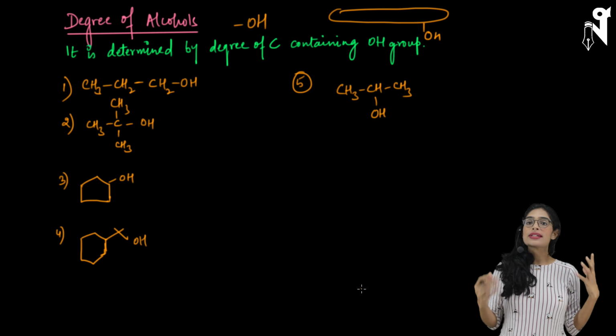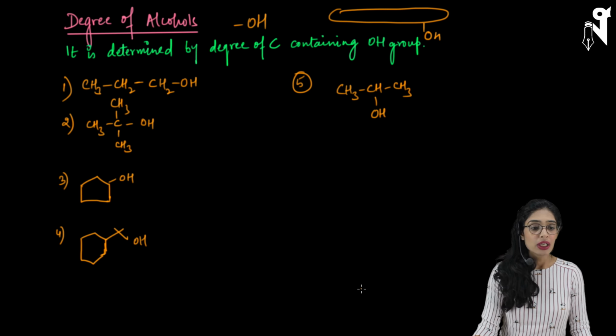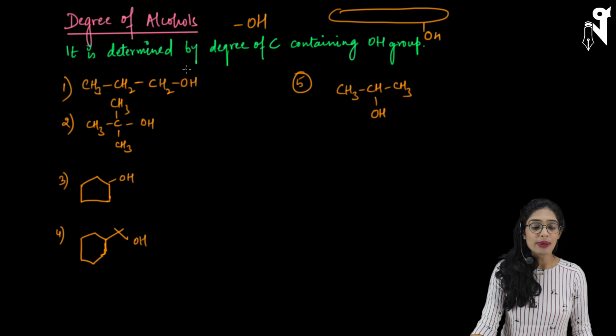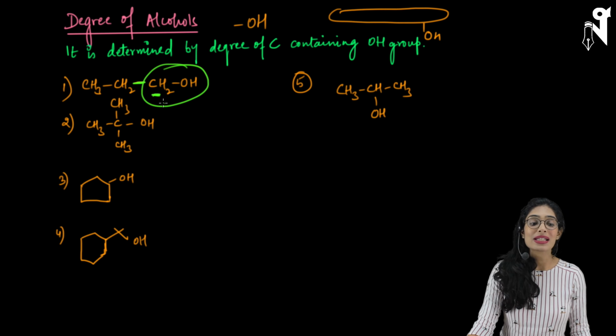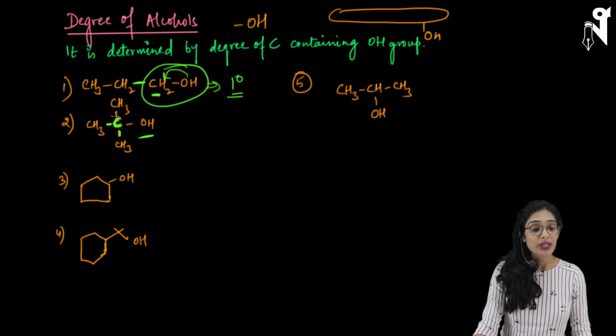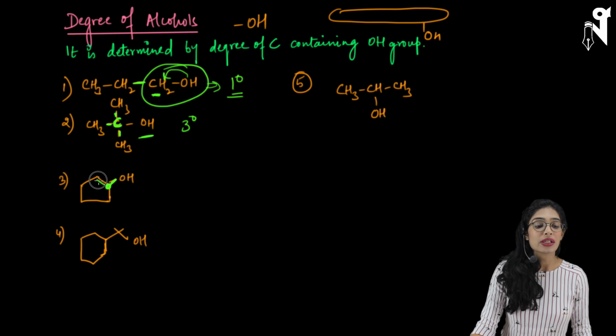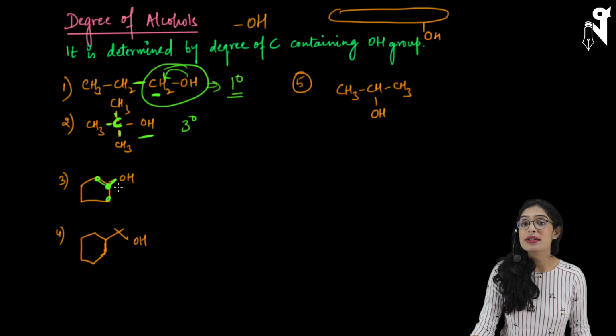Okay, so let's quickly check. It's the same way. I'm just directly discussing with you the examples which I have given over here. So OH is present here. This carbon has only one carbon as a neighbor, so this is a primary carbon, so the alcohol degree will automatically become primary because it is connected to the primary carbon over here. Look at this OH. It is attached to the carbon which has three carbons as neighbors, so the degree of this carbon is tertiary, hence the alcohol degree is also going to be tertiary. Look at this OH. OH is present on this carbon which has two carbons as immediate neighbors, one here, one here. So basically the degree of this carbon is going to be secondary, hence the degree of alcohol is going to be secondary.